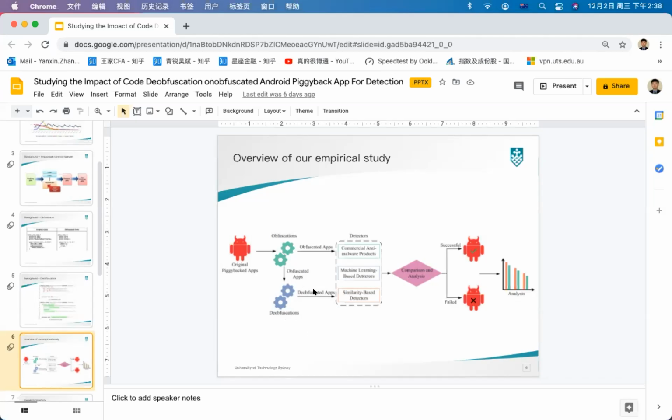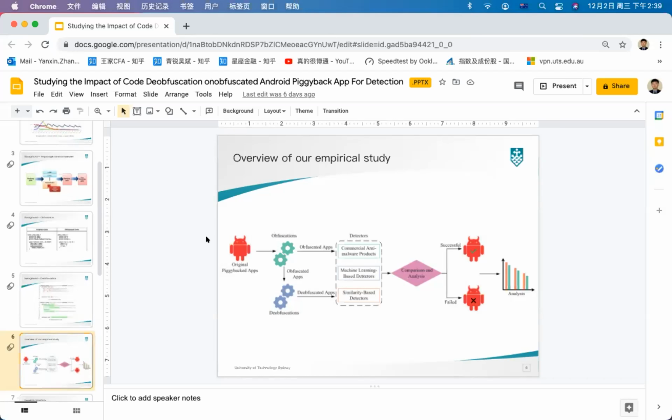And we will use the antivirus engines to test the de-obfuscated sets of Android apps and see how the detection rate is affected. Then we will collect the data and see how the detection rate is affected by the obfuscation strategy and the de-obfuscation strategies. So basically this is the process of how we conducted this